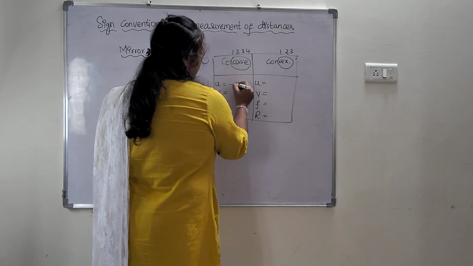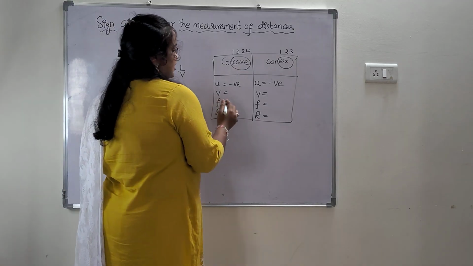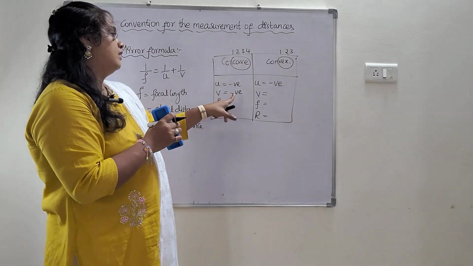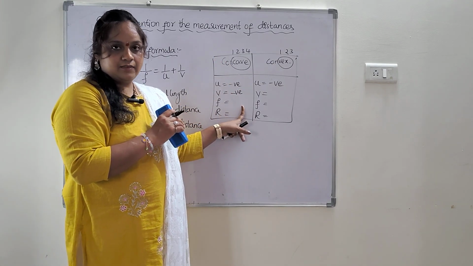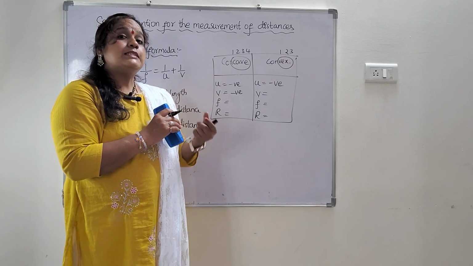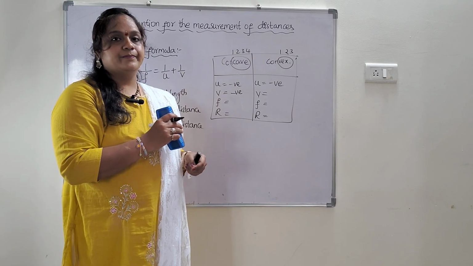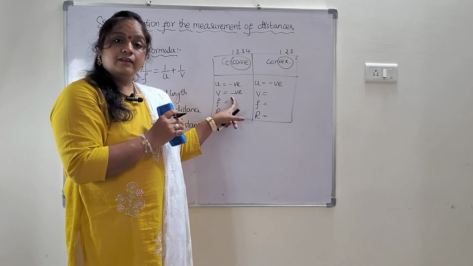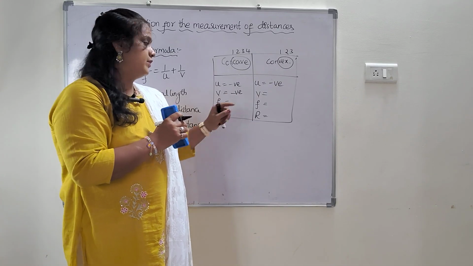So here it will be negative and here also it will be negative. Now coming to the image distance. Image distance will be negative. You will get a doubt: ma'am, for concave mirror, only one case? When you are observing the 6 cases, only for one case, when the object is placed between the focus and pole, the image is going to form behind the mirror. Right? The remaining 5 cases will get real images only. So here image distance will be negative.